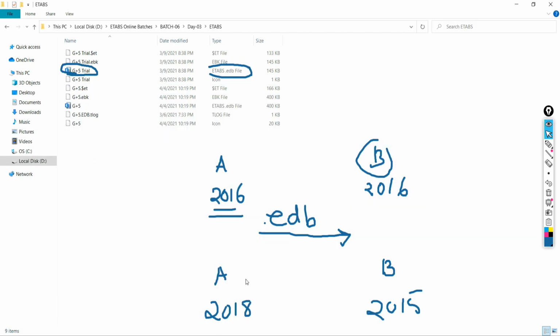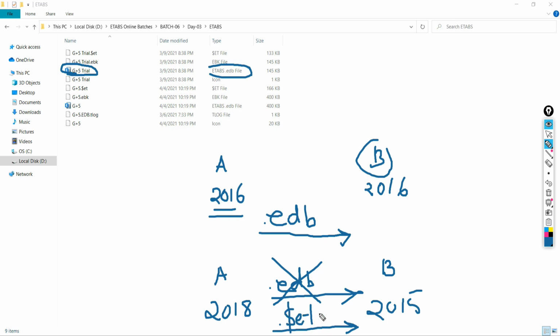If A is using a higher version of the ETAP software and B is using a lower version, and you want to open a 2018 model file in 2015, then sending the .edb model file will not work. So you need to send the $et file.